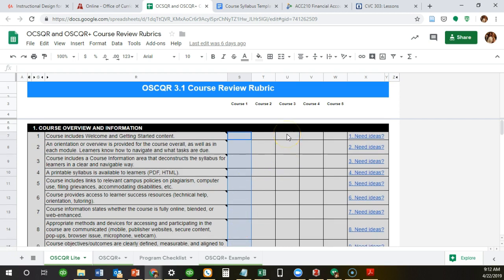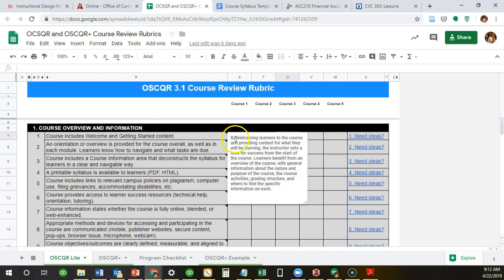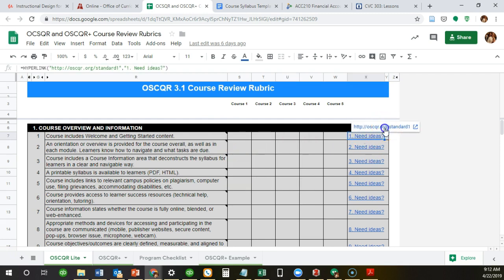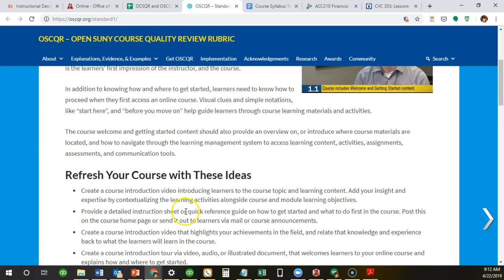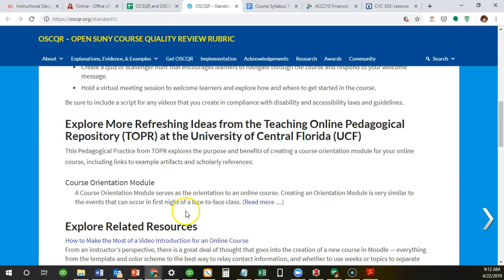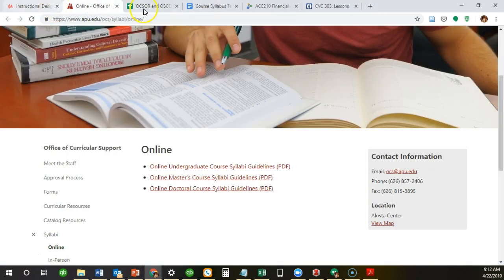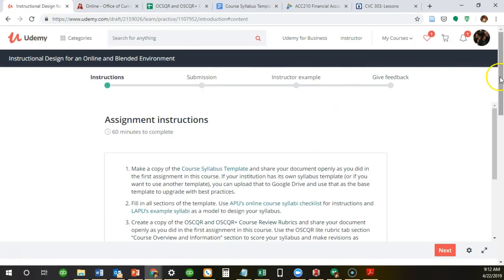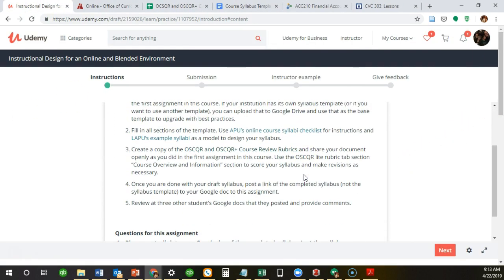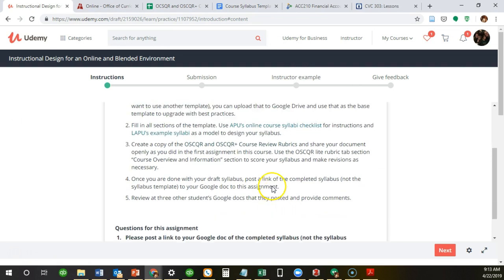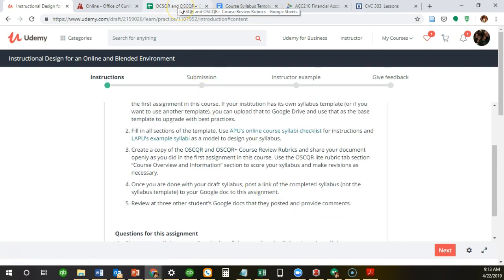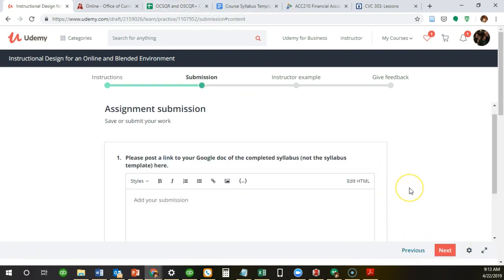Now, one of the nice things about using Oscar is, you may say, okay, includes a welcome and getting started content. If you click on this needs ideas section, then it'll actually give you best practices for course introductions, and you can get a lot of ideas on how to do that for each of these items. So that's the first assignment for this. What you'll do is you'll create your syllabus. Once you're done, you're going to share the link, and then you're also going to share the link of your Oscar review,